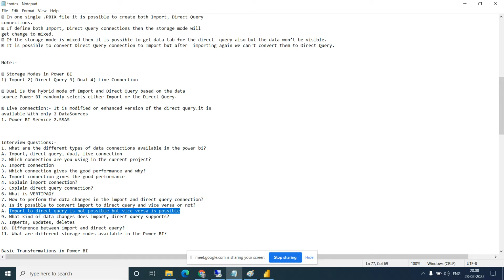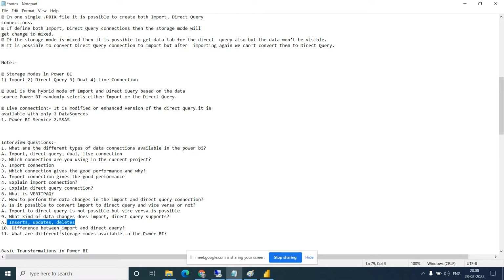Okay, then what kind of data changes do import and direct query support? If you insert data and you refresh, you will get a new record. If there is an update in the data and you refresh, you get the data, right? If you delete a data record from the table and you refresh, only the data which is not deleted remains. So this kind of operation is supported.